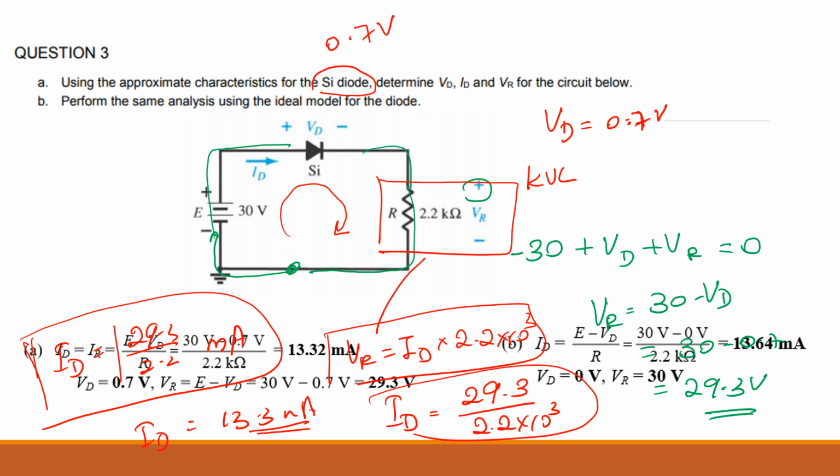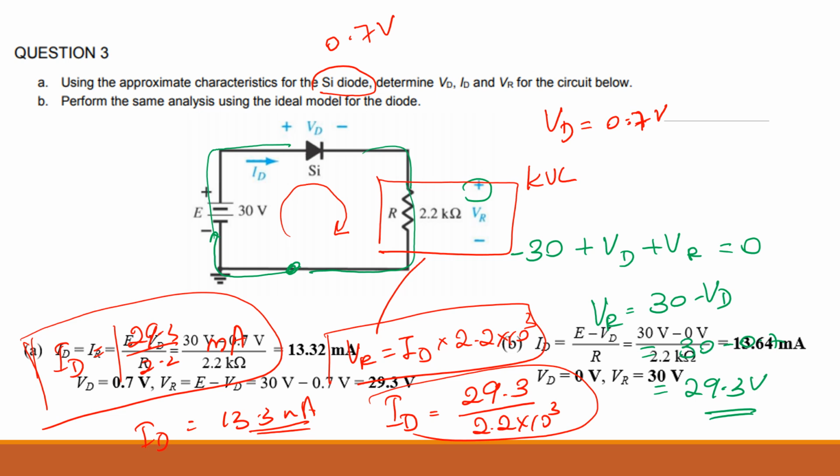I'll give you a few minutes for you to work it out. Diode questions are really easy. VR is now 30 because your VD is 0. Isn't it? Ideal situation, your VD is 0. So when your VD is 0, your VR should be 30. And ID should be 30 divided by 2.2